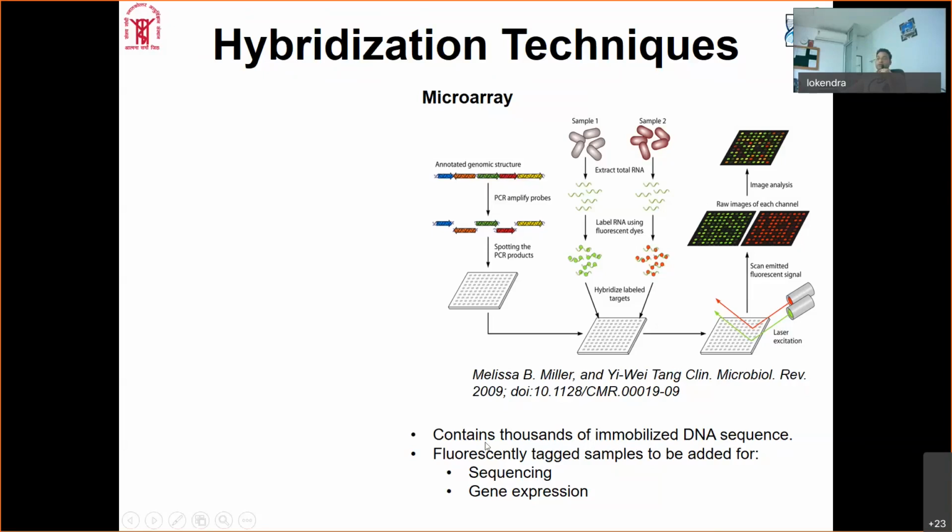These basically contain thousands of immobilized DNA sequences, and the DNA sequences can either be used for sequencing purposes or for gene expression analysis. So if we already know how many copies of these immobilized DNA sequences are present, then based on the attachment of various sample molecules and their respective intensity, it can tell us how many copies are present. So this is one way of looking at gene expression profiling,